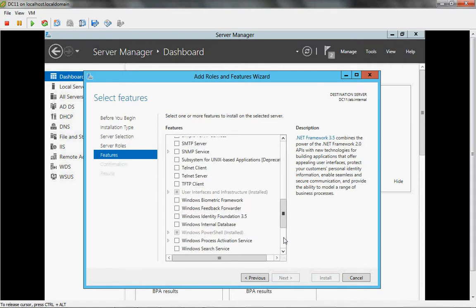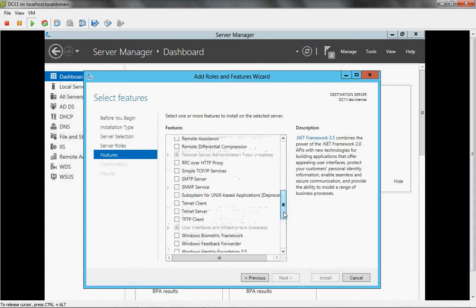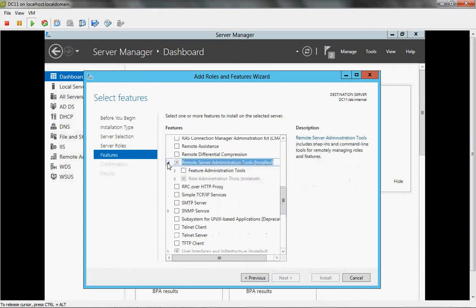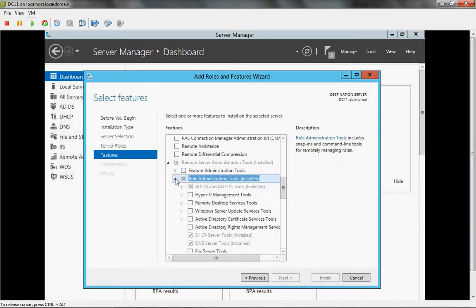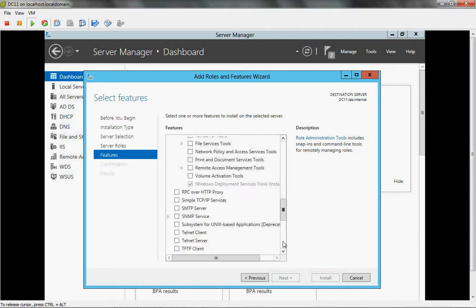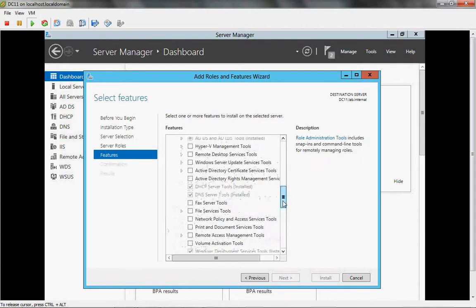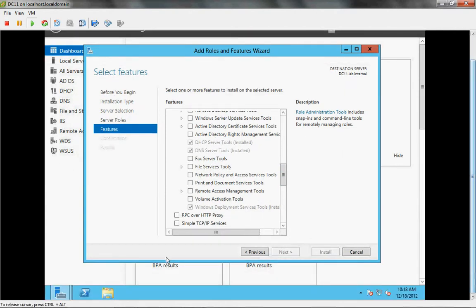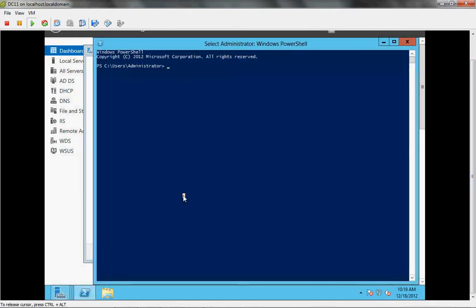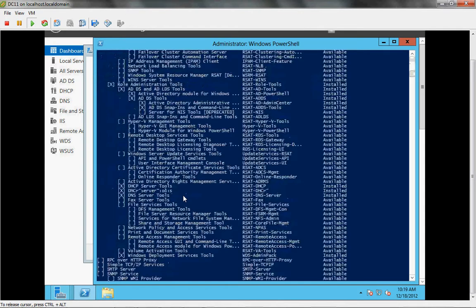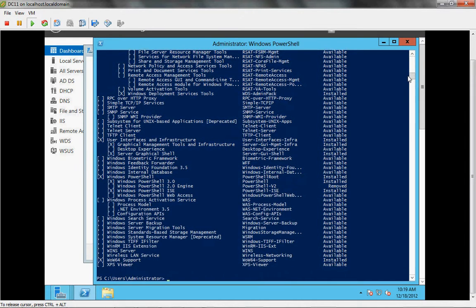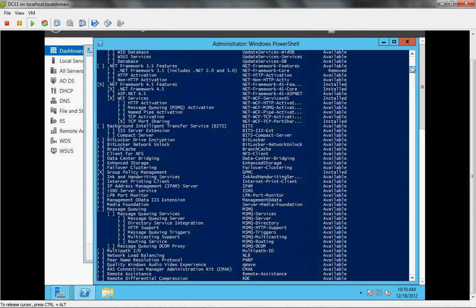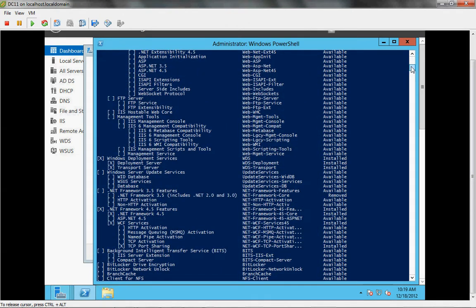If they're not available, that probably means that you're going to have to mount part of a WIM file index or get SUS working online so you can run against Microsoft or against your local SUS server to get the feature. And you'll see it shows whether the feature is checked, and it has the name of the feature. So if you wanted to install a feature or a role, you could say Install-WindowsFeature -